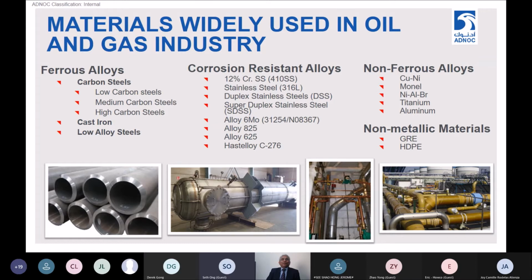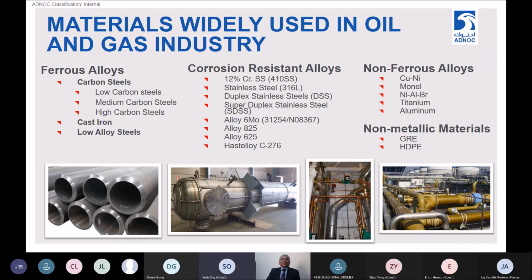However, depending on the design life and the economics of production, you may have to choose the ferrous alloys, which are not essentially corrosion resistant by themselves. They need to be protected additionally by coatings or by chemical treatment, by cathodic protection, proper alloy design, and so on. That's a very important aspect of materials.